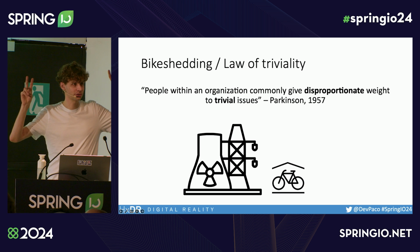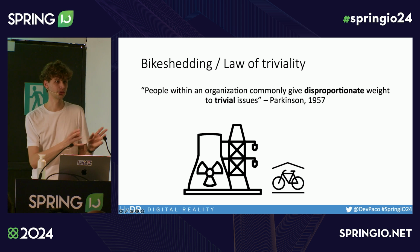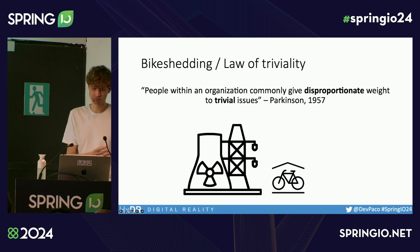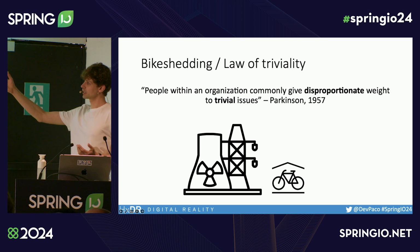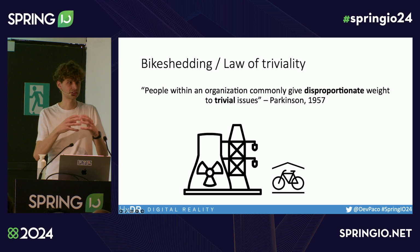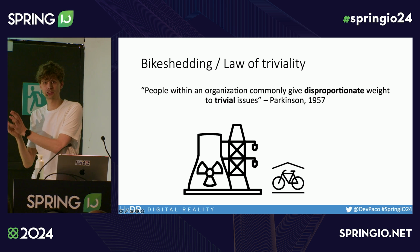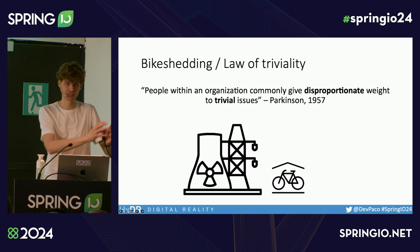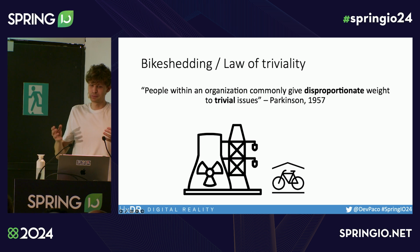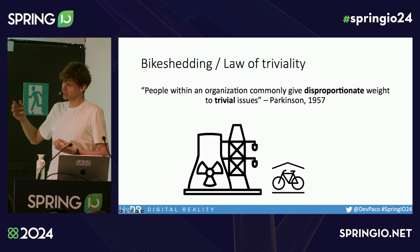We already saw the curse of the small pull request. Whenever something is irrelevant, we like to have a discussion about it, because the complex material requires more brain power. The term bike shedding also comes from a story about a corporate committee that had to discuss buildings, and in the end they spent a lot of time discussing a potential new bike shed rather than discussing the power plant. It's sort of a common thing that happens, but be aware of this, and we can do that by taking